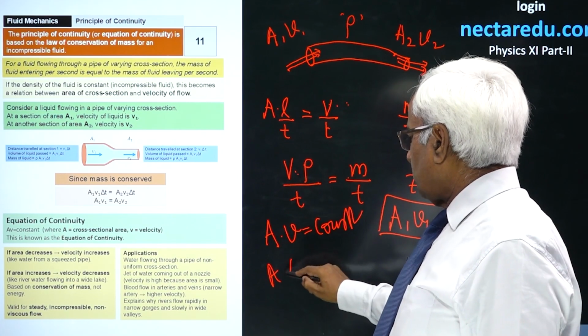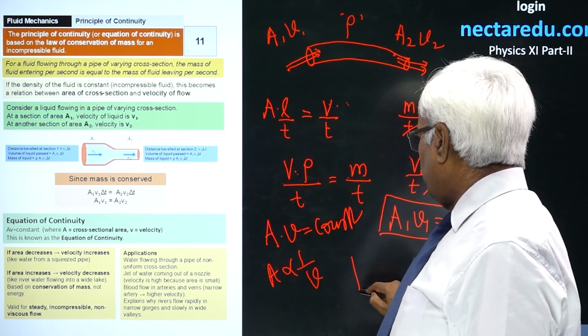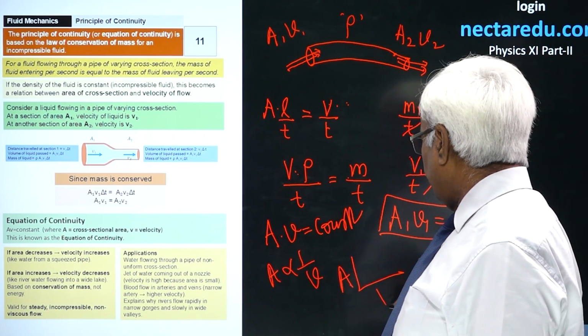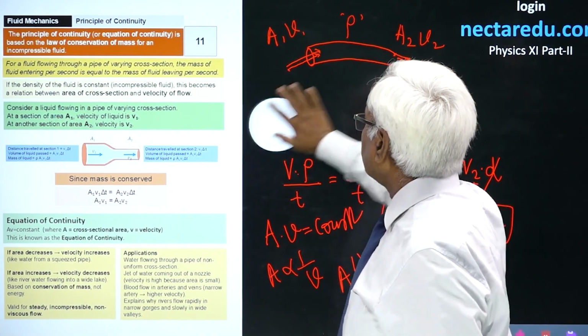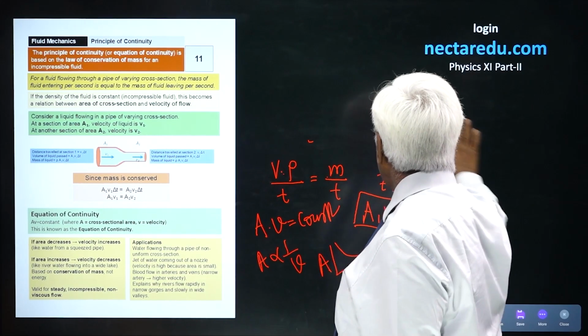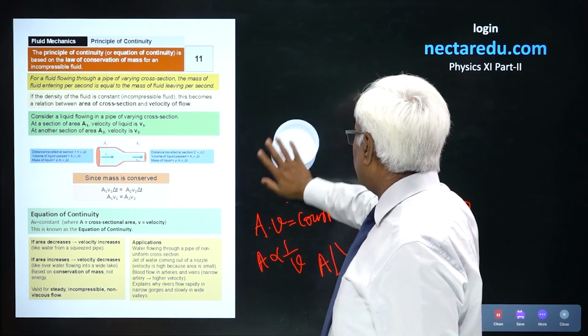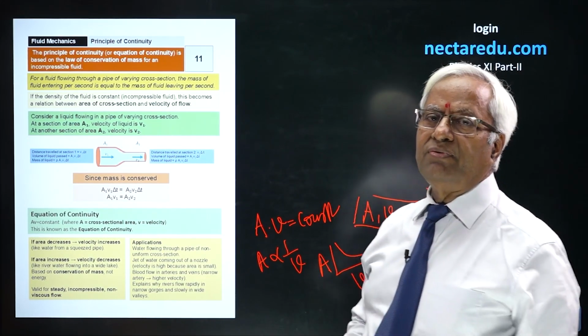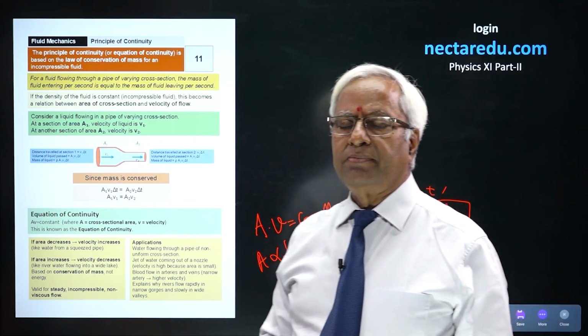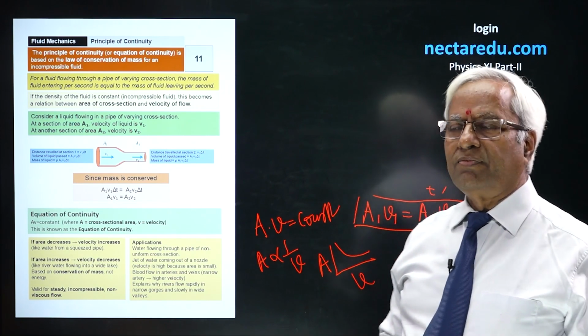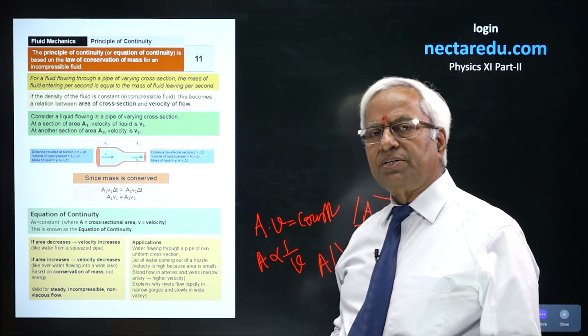Or you might say A is proportional to 1 upon V. If you plot a graph between A and velocity, you will find a rectangular hyperbola. You see, this law has many practical applications in our daily life. Arteries and veins, if you compare, arteries are comparatively narrower and you'll find the velocity of the blood greater over